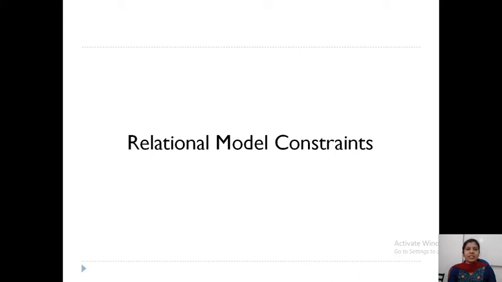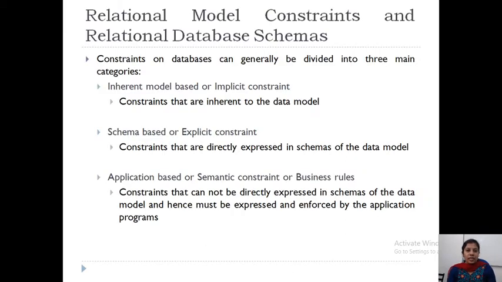Hi everyone. So in this lecture we will see relational model constraints. What is meant by constraint? A constraint is a rule or set of rules which we apply on the valid values or the information stored in the database. Constraints mean certain rules we are applying on the valid data in your database. Now we'll see the different types of constraints in the relational model.